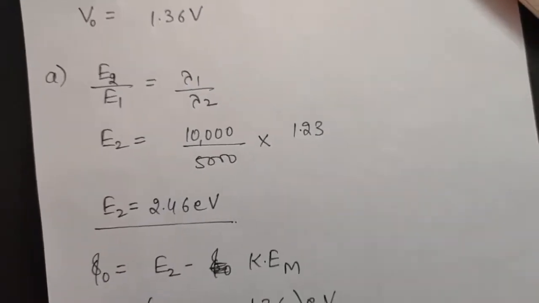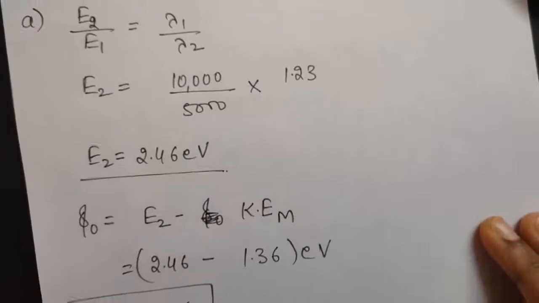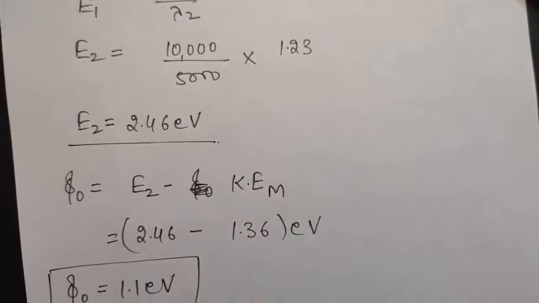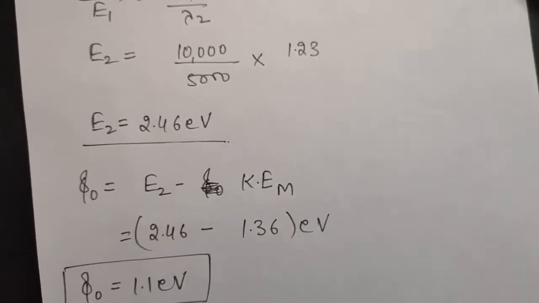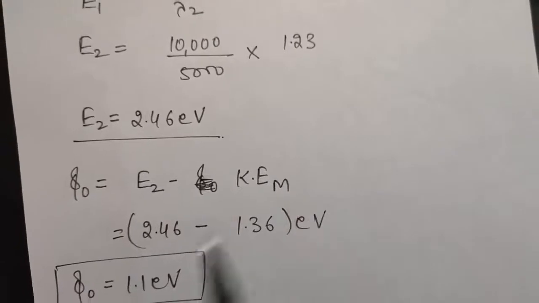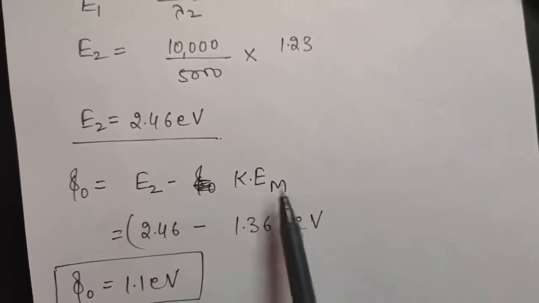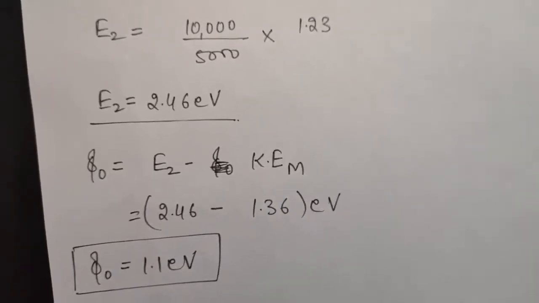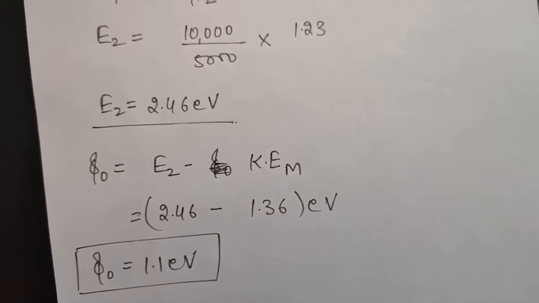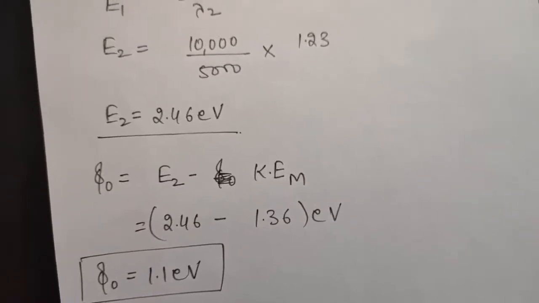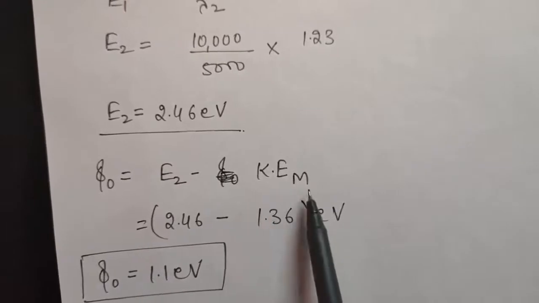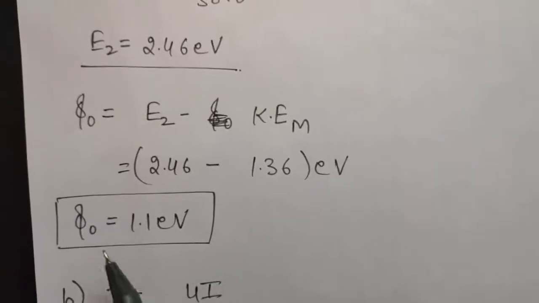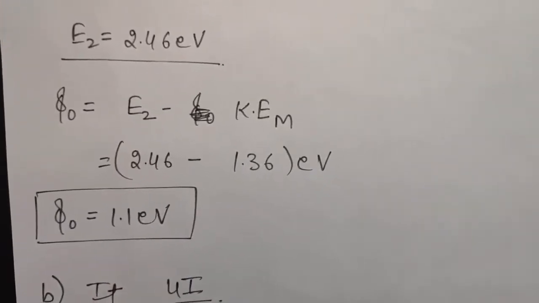That is, energy of incident light is this much. Now, as you know, work function can be defined as E minus kinetic energy maximum. Same by the formula, kinetic energy maximum is h nu minus h nu naught. From that I have written here. So now you know E2, and how to calculate kinetic energy maximum? Now you are given stopping potential of 1.36 volt. So as you know, kinetic energy maximum is eV naught. So kinetic energy maximum will become 1.36 electron volts. Okay. So phi naught will come to be 1.1 electron volt.